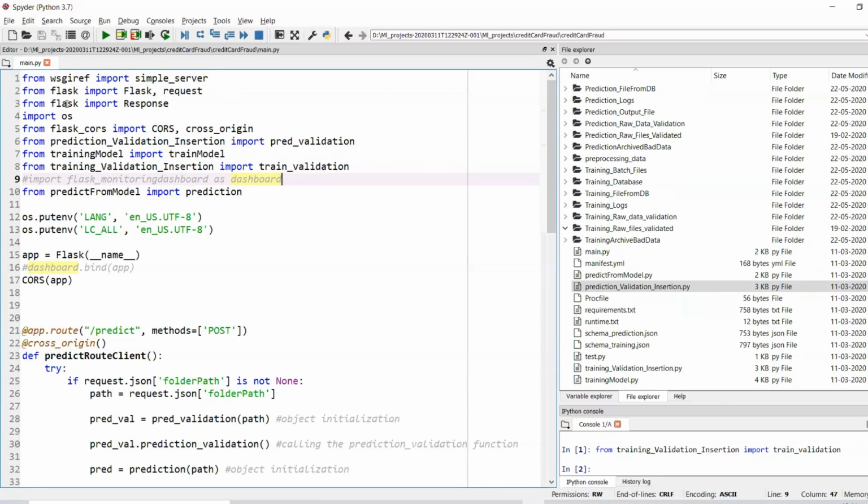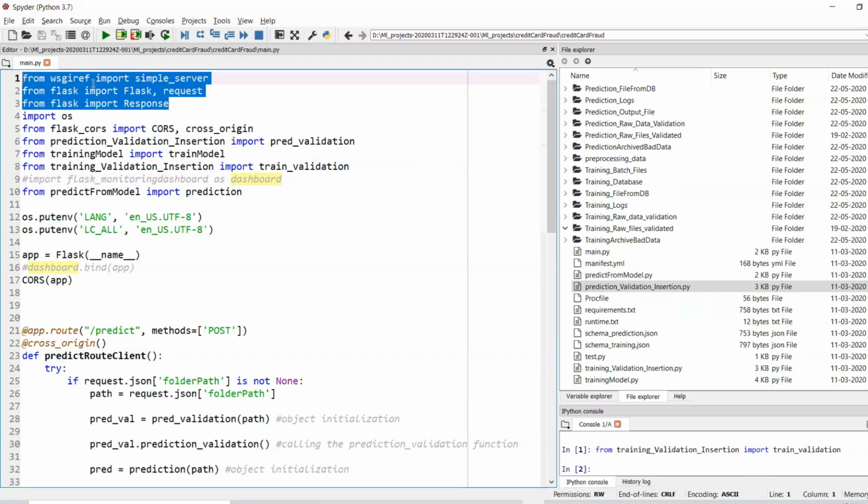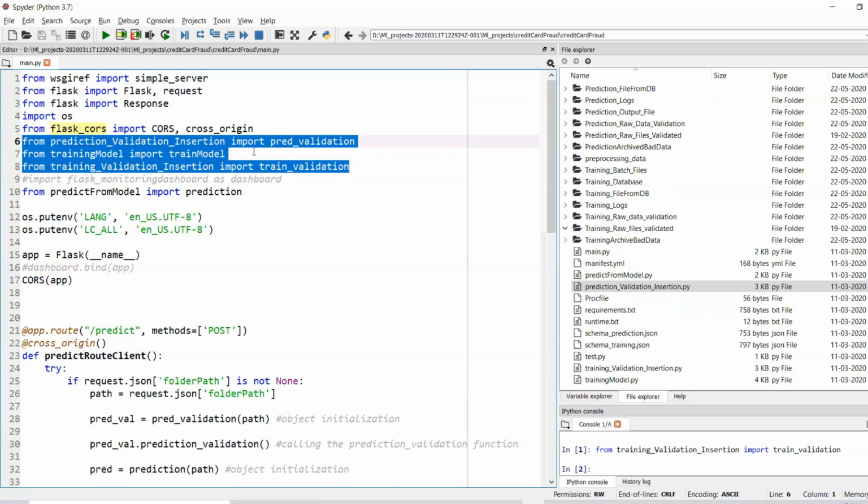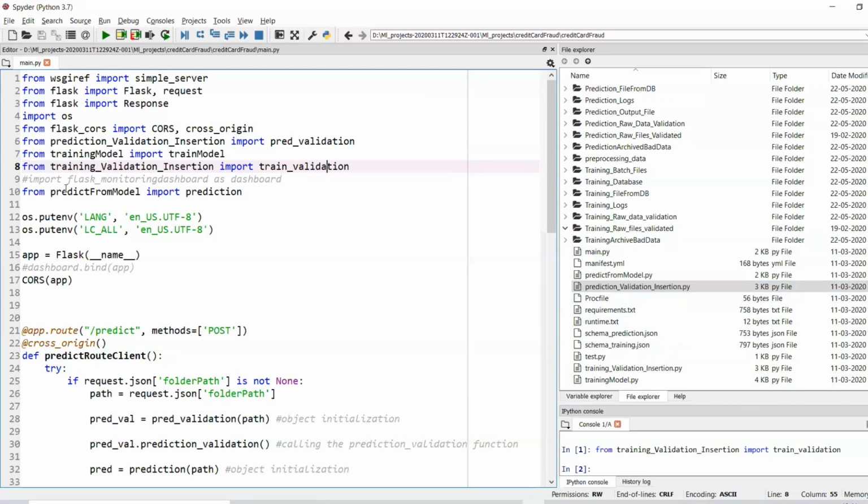Now remember guys, whenever you're importing these libraries, these are libraries that we usually install. Similarly, Flask underscore cores can also be installed. But when I consider these three libraries, you can see that they are coming from my own py file from here. Somewhere over here it will be. I'll show you how we can traverse it. Let me consider this particular class that I'm calling, train underscore validation.